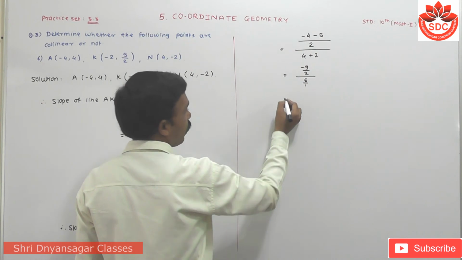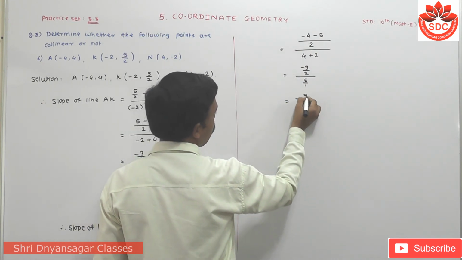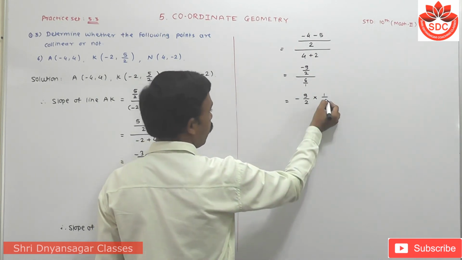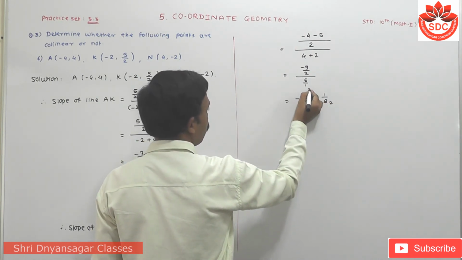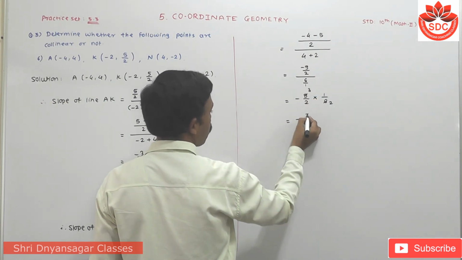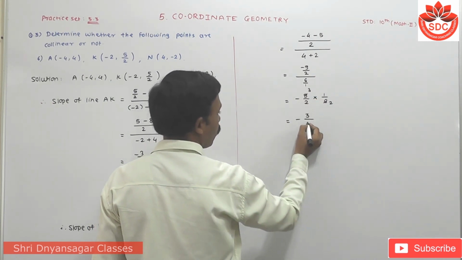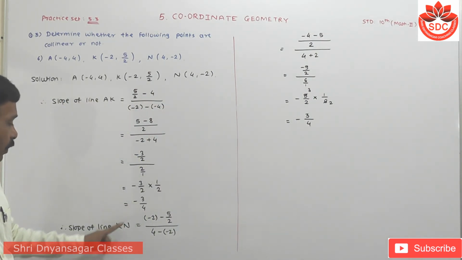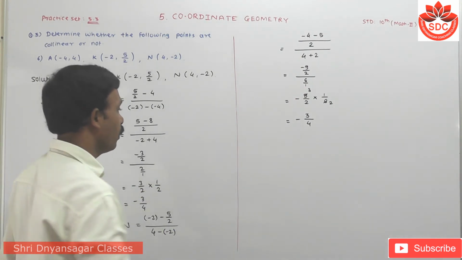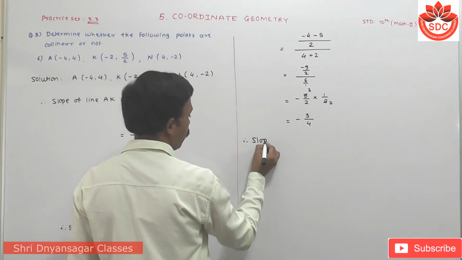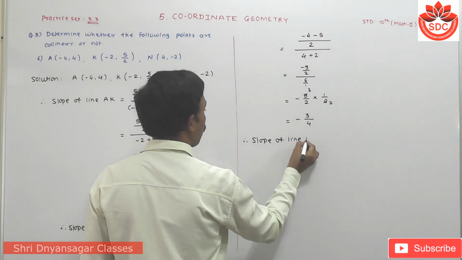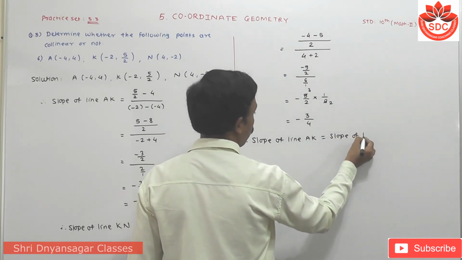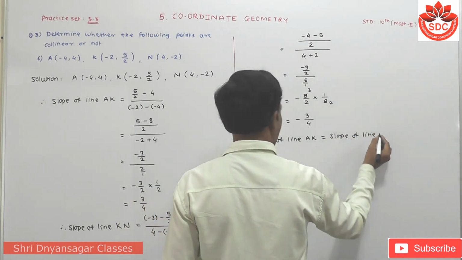Denominator is supposed to be 1. Then this value becomes -9 upon 2 into 1 upon how much? 6. We can simplify it. 3 twos are 6, 3 threes are 9. Which means this is -3 upon, 3 ones are 3, upon 2 twos are 4. When you observe carefully, slope of line AK is -3 upon 4 and slope of line KN is also -3 upon 4. Therefore, slope of line AK is equal to slope of line KN,